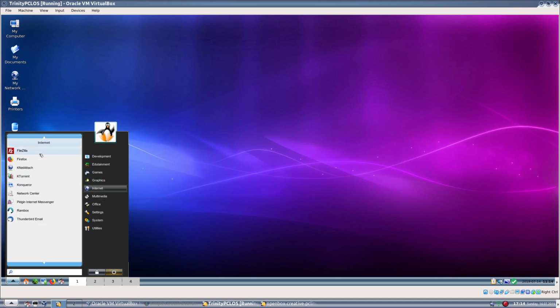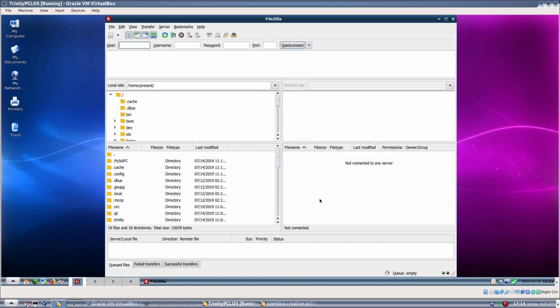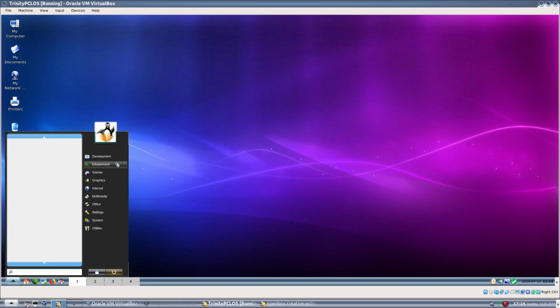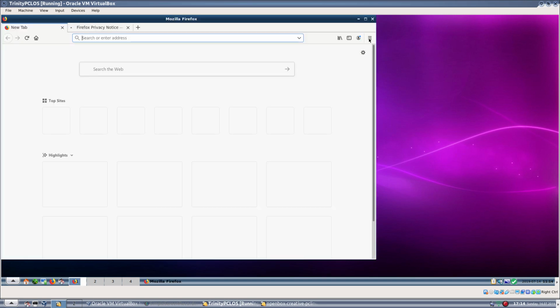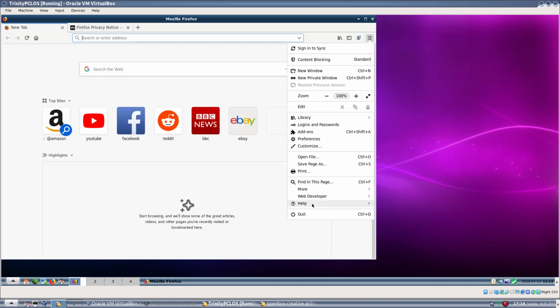Internet, I put in FileZilla, which is an FTP uploader. There we go, open source FTP solution. Deals with all that. Also under the internet we have our venerable Firefox, of course. This may take a while to load this first one, and it does. And if we want to go to help and about,